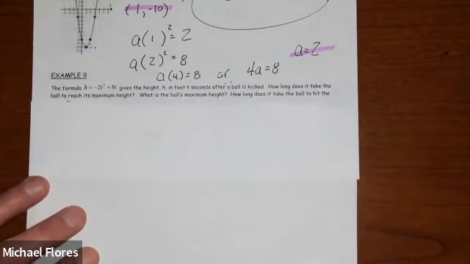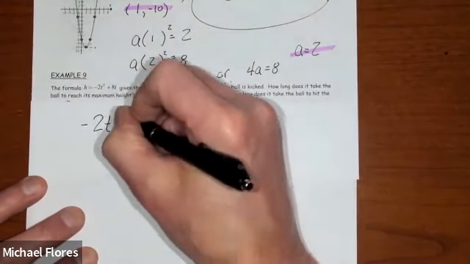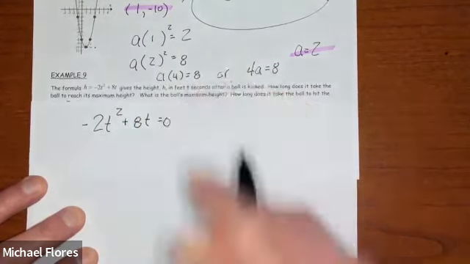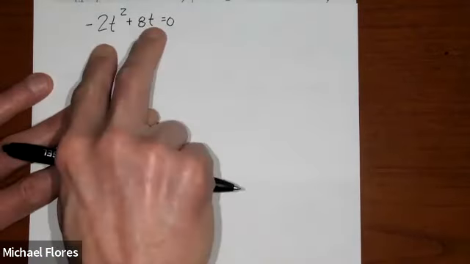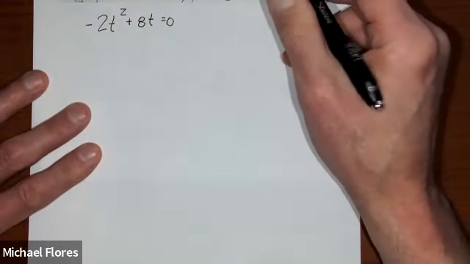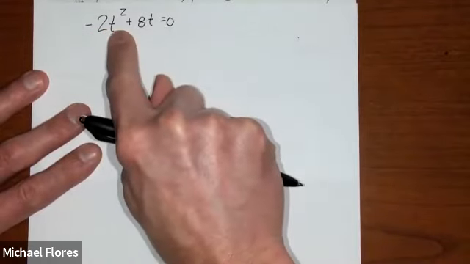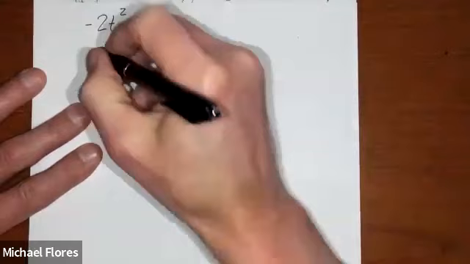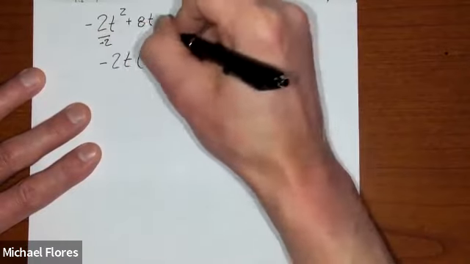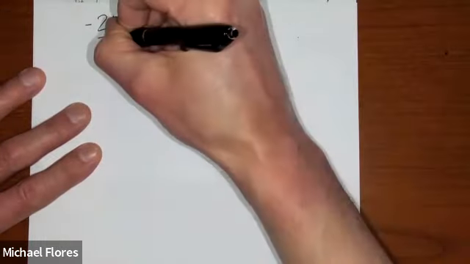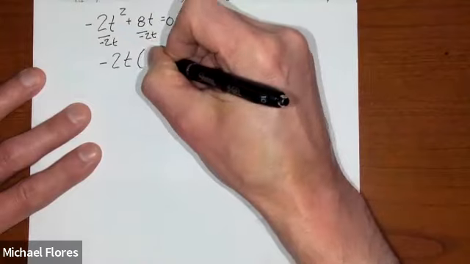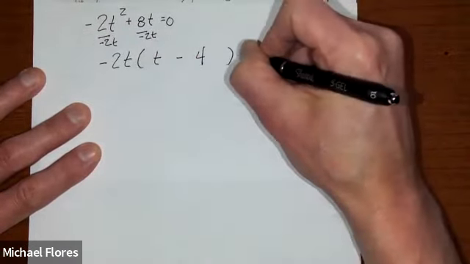How long does it take the ball to hit the ground? Let's take the same function here. Now, when you're solving for the ground, think ground 0. Take your equation, set it equal to 0. Here, notice that we have 2 terms that have a t in common. Not only do they have a t in common, they are also both divisible by 2. So let's start by factoring out a -2 and a t. Now, if I took each of these terms and divided them by -2, don't forget the t, Flores. If I divided each of these by -2, that would leave us with t minus 4,